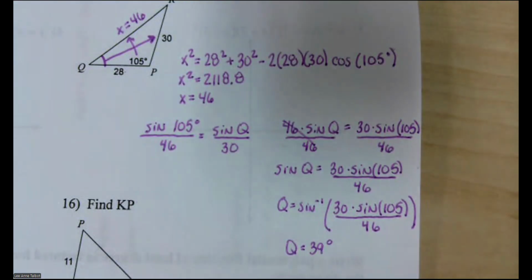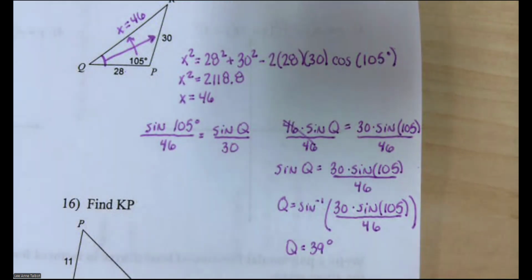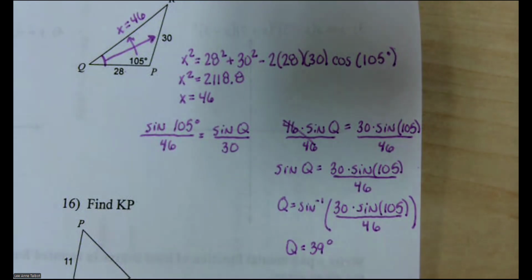That was definitely a spicy problem because you couldn't do it in one. You had to do two completely different things. In third period, they told me they liked the side, side, side law of cosines better. And I was like, really? Okay, go for it. I don't know. But anyway,